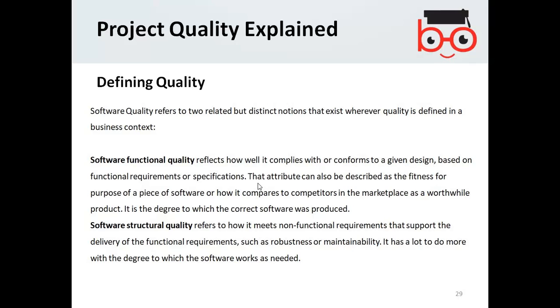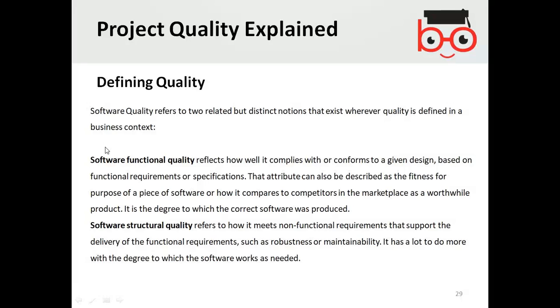I have already explained that functional quality is basically the quality of the software or anything which directly explains its performance, while the non-functional requirements explain assumptions like reliability, scalability, and many things.